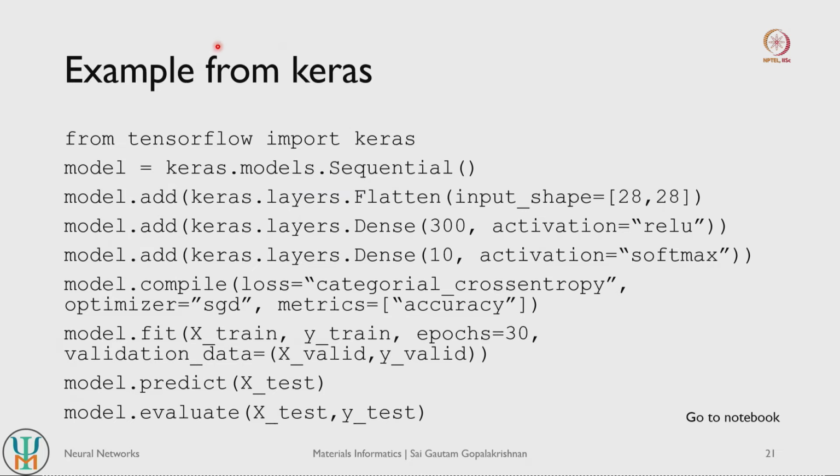Just as a recap, in the last class we looked at how to construct neural networks using the Keras module of Python. So Keras is basically a module within the TensorFlow package. It's a very nice, easy to use module. The basic summary of how you create models is you declare what type of model you want to create. So sequential basically refers to a simple feed forward neural network.